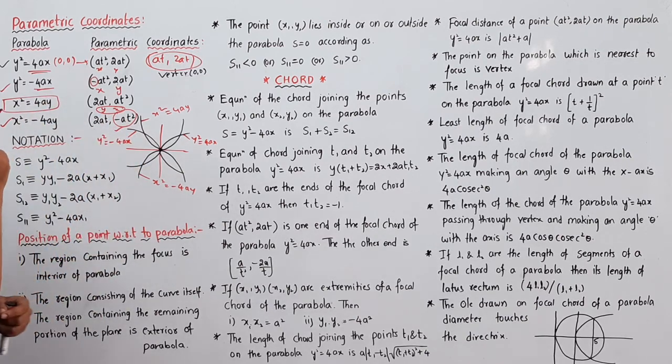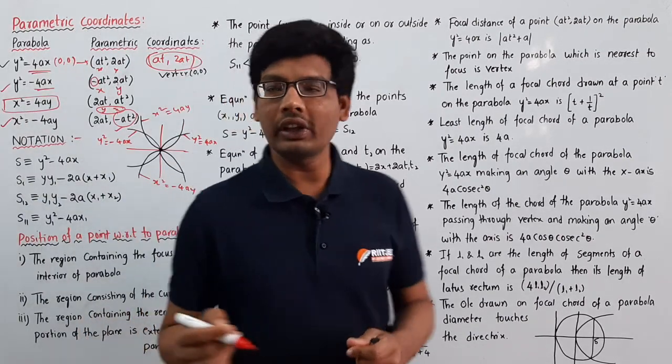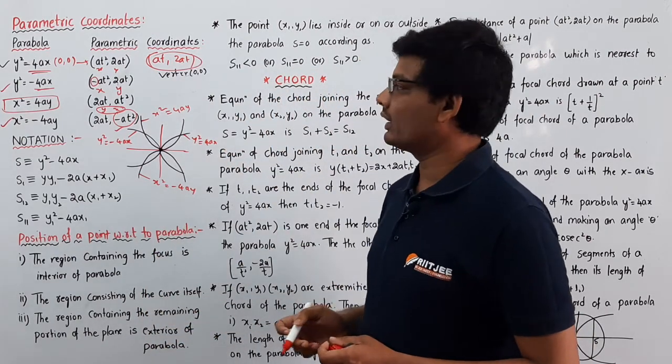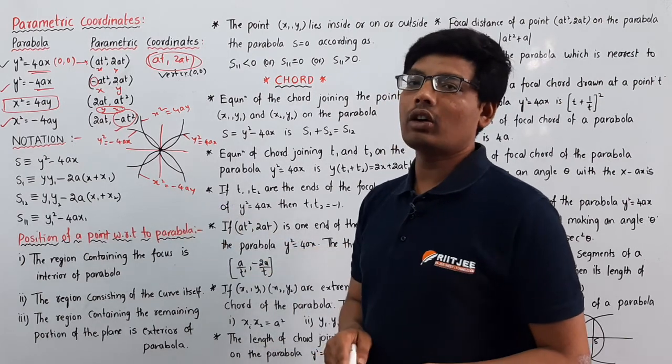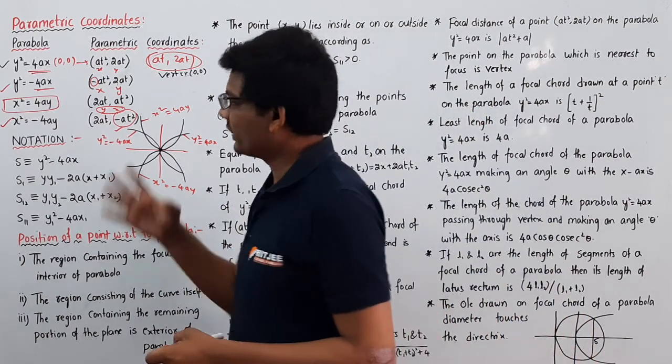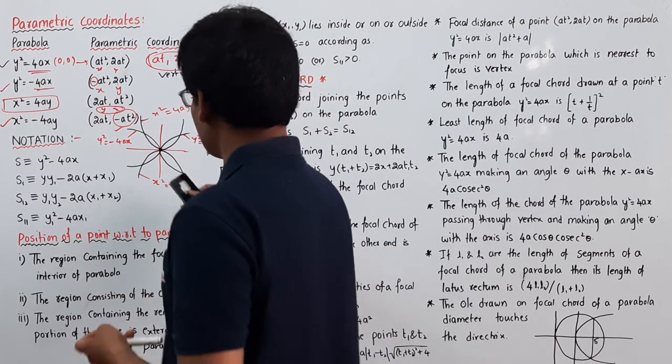We have to remember each and every parametric coordinate of the standard form of parabola. These are the four different types of parabola having vertex as origin, and this is all about these points. And the next point is